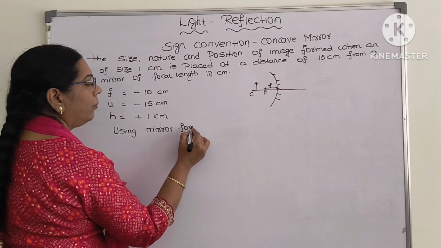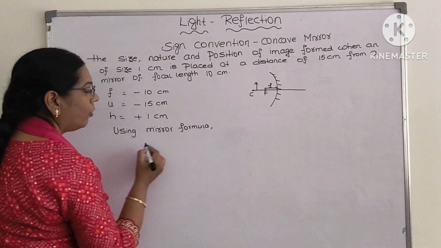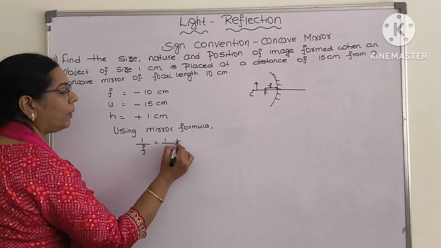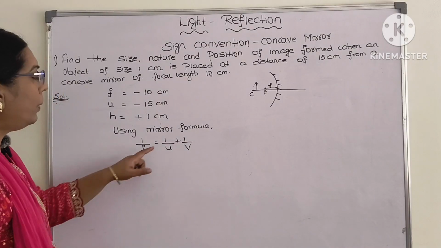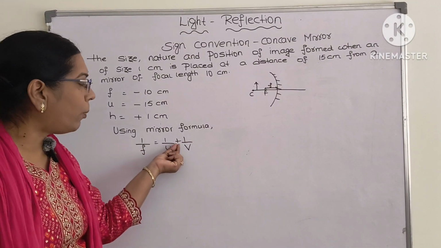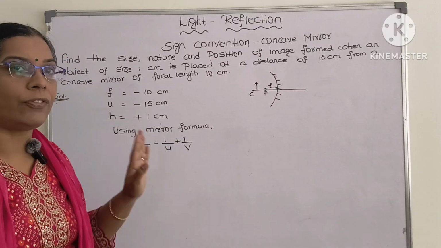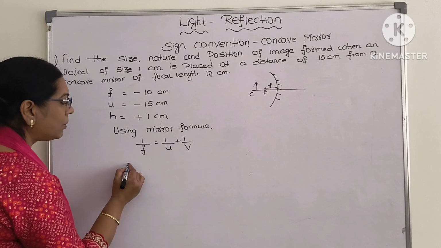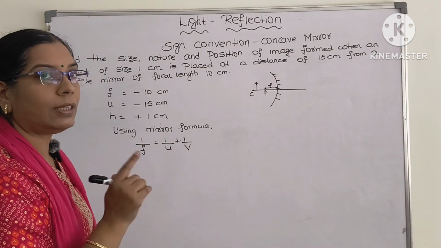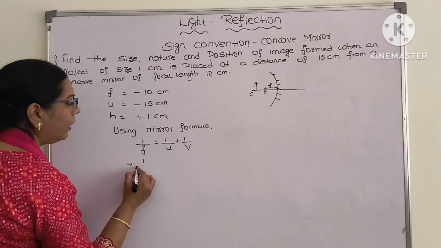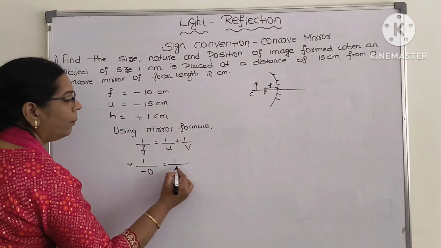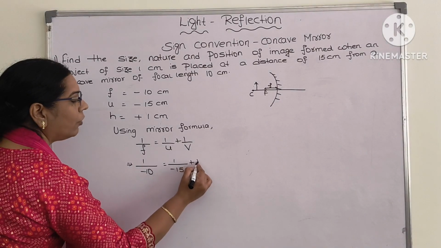Using mirror formula, what is it? 1 by F is equals to 1 by U plus 1 by V. You may write the RHS as 1 by V plus 1 by U. Since there is a positive sign in between, it doesn't matter for the mirror formula. Then substitute the values. When you substitute, take care that you are substituting along with the signs. 1 by F is minus 10, 1 by minus 10 is equals to 1 by minus 15 plus 1 by